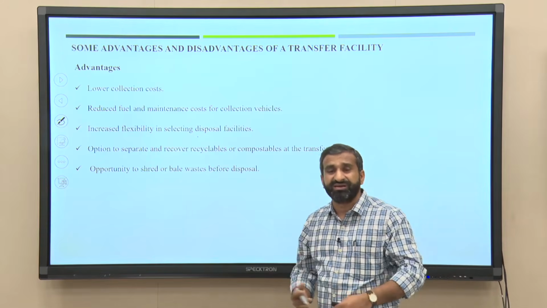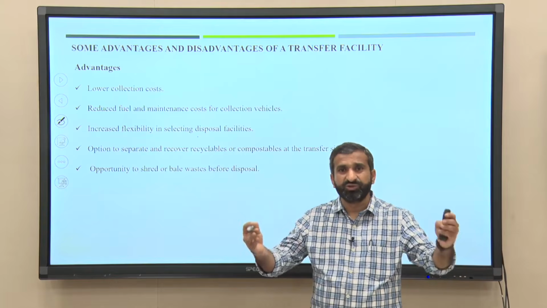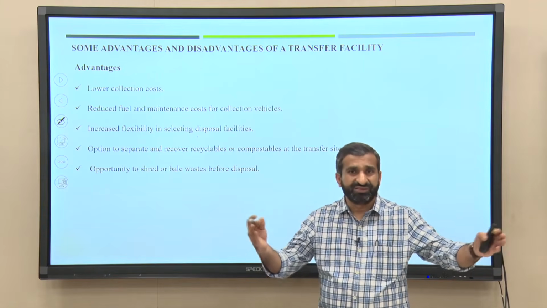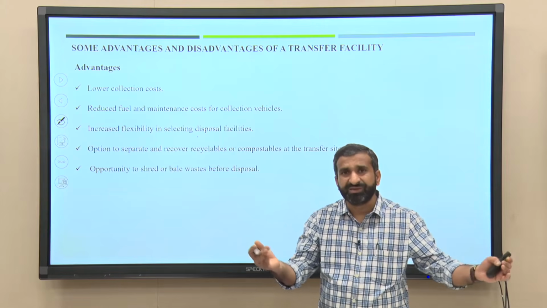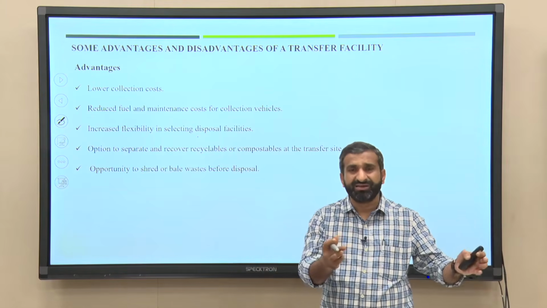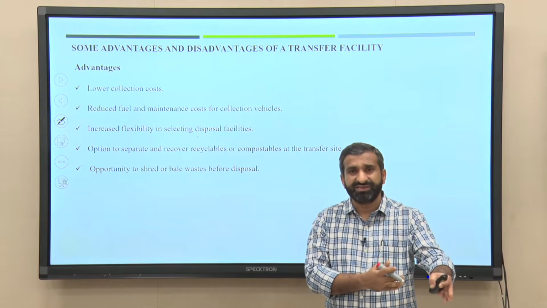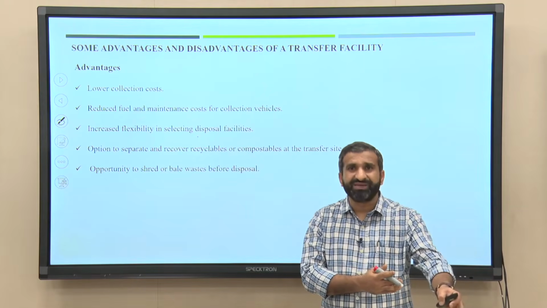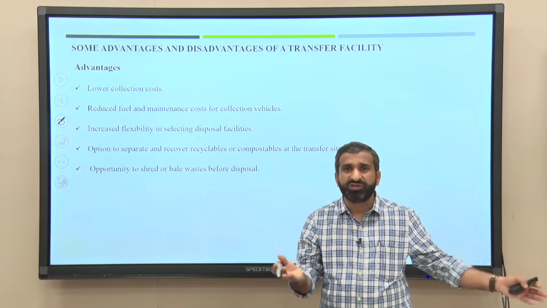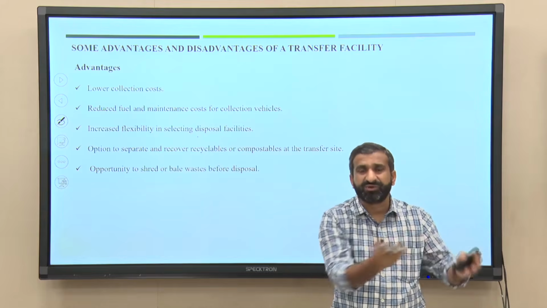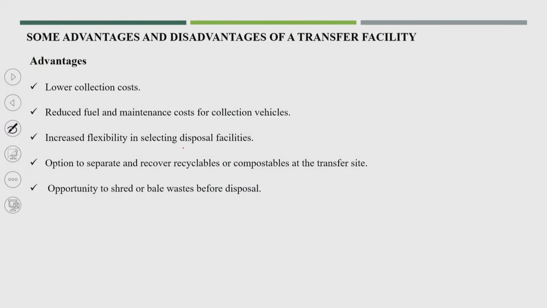Or it is possible that two ULBs are about 100 kilometers apart, so somewhere in the middle we can plan one disposal site or recycling facility, and the waste from both the ULBs will come together. We have that flexibility if we have a proper